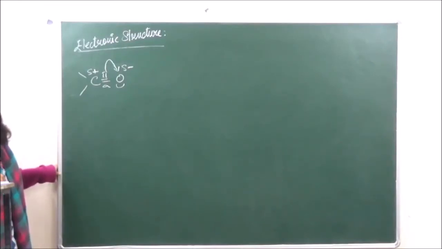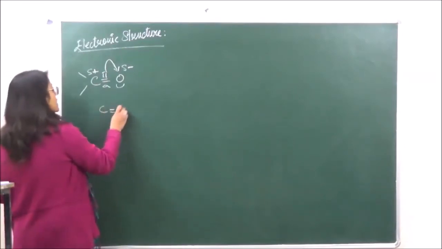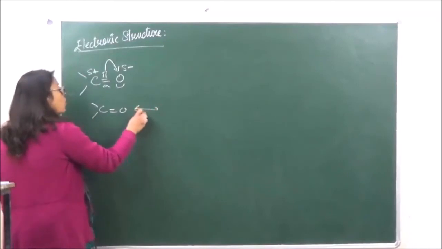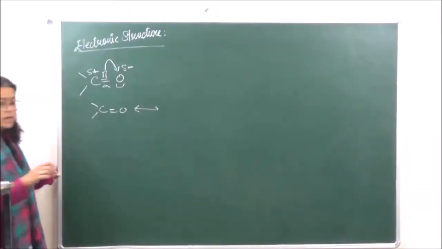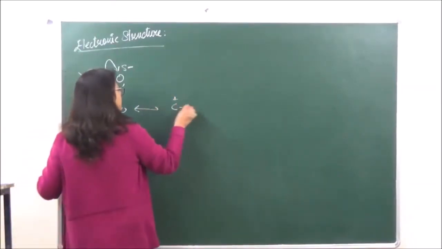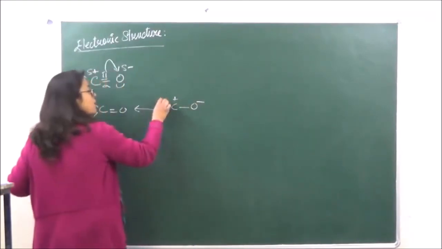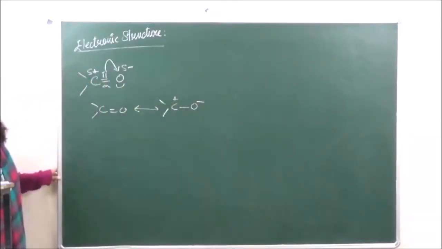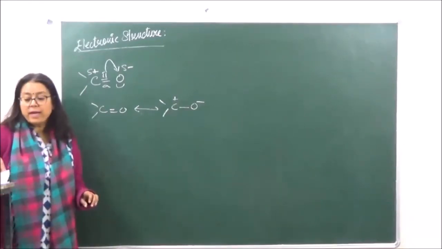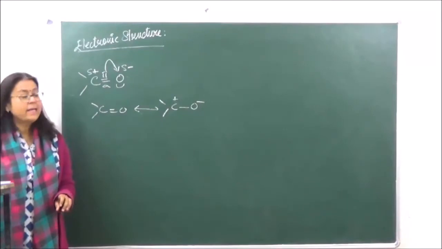Okay? Now over here it is seen that the bond is going to become polar and is going to be resonantly stabilized. So when we are looking at the resonating structures of this particular bond, this is how the bond can be represented. Okay, now it is because of this negative and positive charge, or because of the polarity of this bond, that is going to make the carbonyl group highly reactive.